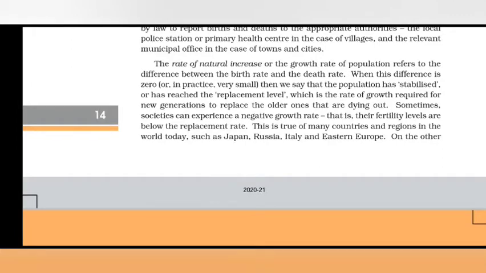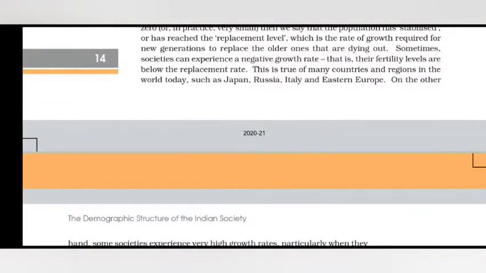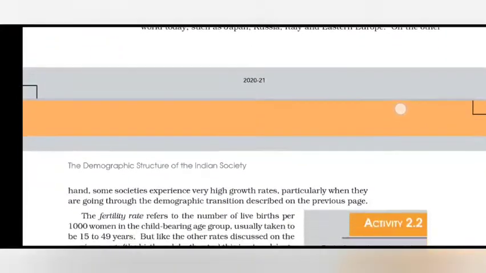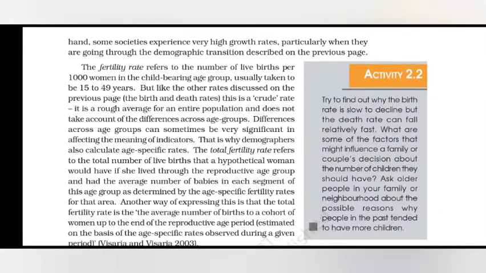When this difference is zero, then we say that population has stabilized or has reached the replacement level, which is the rate of growth required for new generations to replace the older ones that are dying out. Sometimes societies can experience a negative growth rate, that is, their fertility levels are below the replacement rate. This is true in many countries and regions in the world today, such as Japan, Russia, Italy, and Eastern Europe. On the other hand, some societies experience very high growth rates, particularly when they are going through demographic transition described